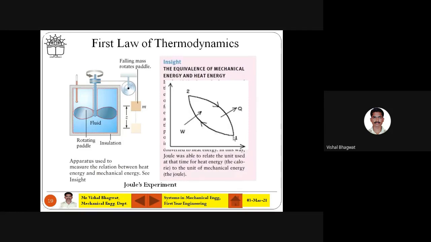So here you can see from 1 to 2 there is work in, because mechanical work is acting on the system. So work in the system, and Q out, or heat rejected, here. You will get the heat generation rate or the amount with the thermometer. Okay, you can sense it. So 1 to 2 is work addition, and heat rejection is 2 to 1. This is a reversible process.